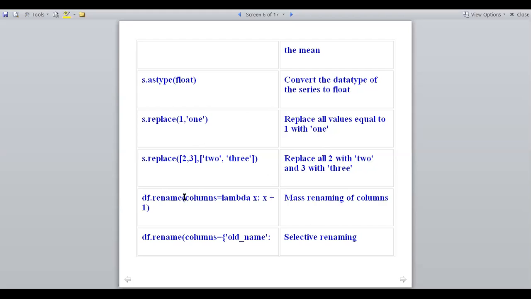And df.rename: also you can rename the column. columns=lambda x: x + 1 is a mass renaming of columns. And df.rename(columns={'old_name': 'new_name'}) is a selective renaming.